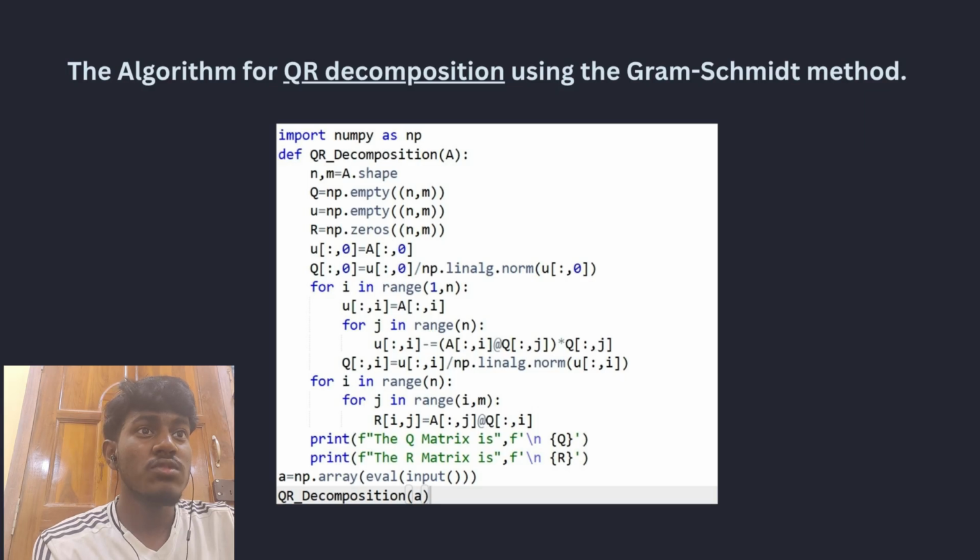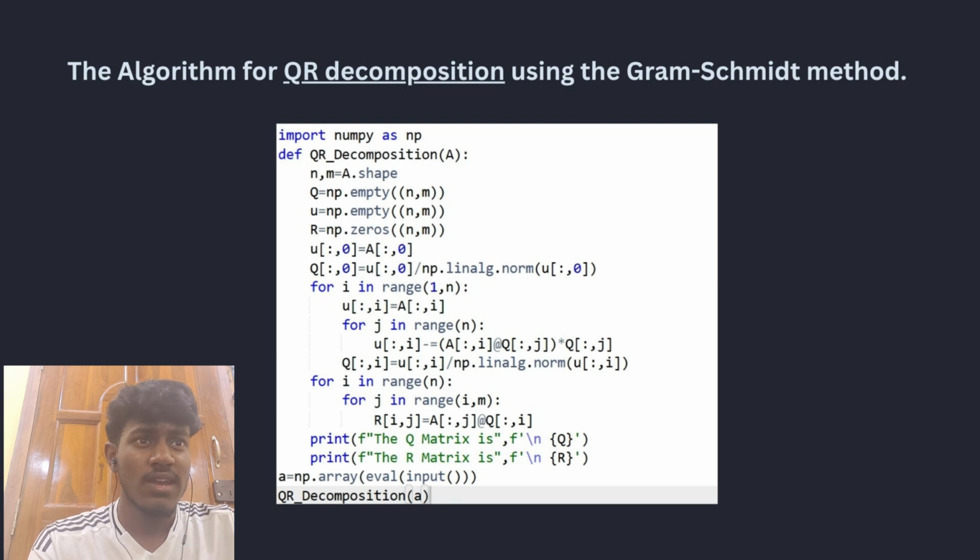Now for the core of the algorithm, this for loop is where the Gram-Schmidt process really happens. It iterates over the rest of the columns of A to build the remaining columns of Q. First, A[:, i] and Q[:, j] is a dot product. It calculates the shadow, or projection, of our current vector from A onto a Q vector which we have already finalized. It then subtracts the shadow from our current vector. This inner loop does this for all the Q vectors we have built so far. By removing all the components that lie along the previous vectors, what is left is guaranteed to be orthogonal, or perpendicular,